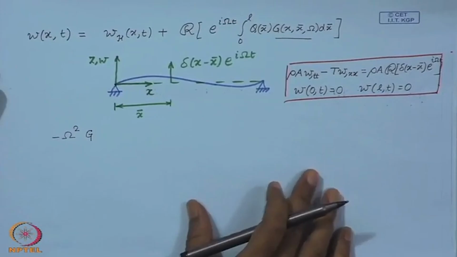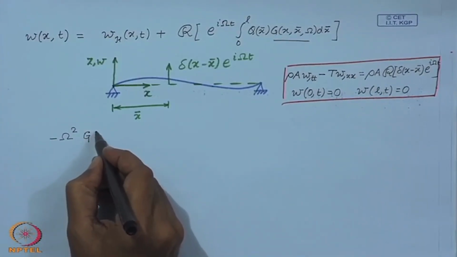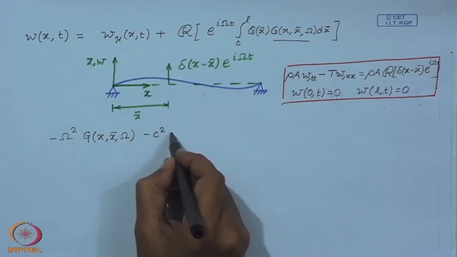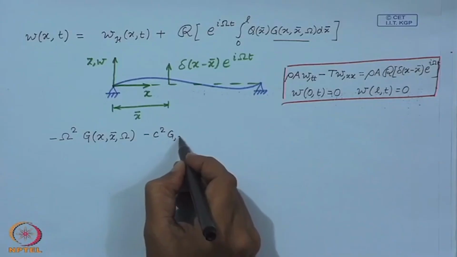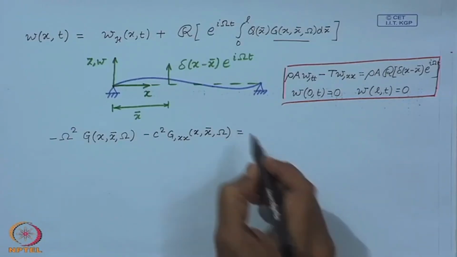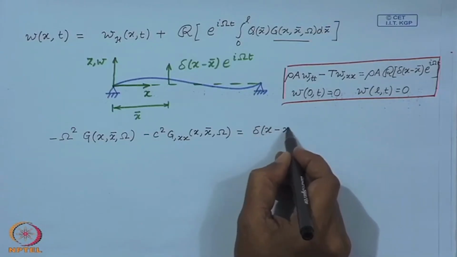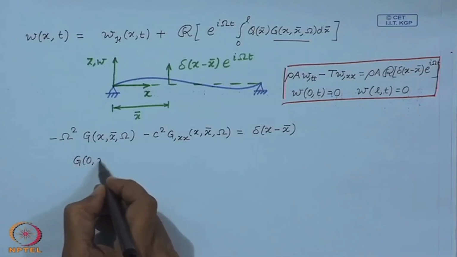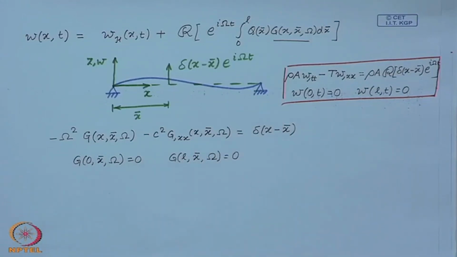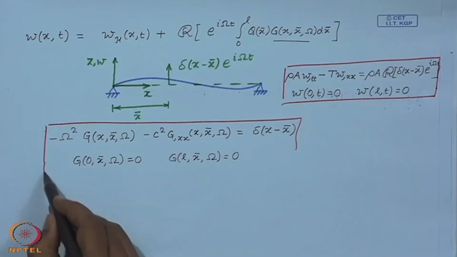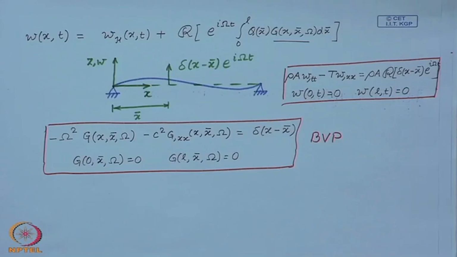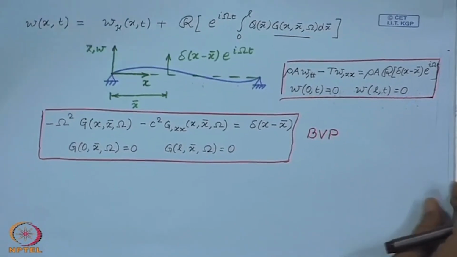The boundary value problem for this can be written as, so this is our boundary value problem. Now, to solve this, what we